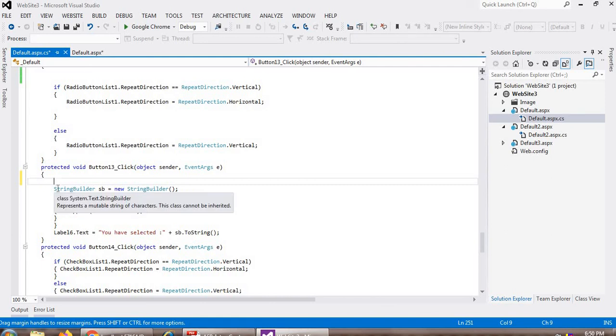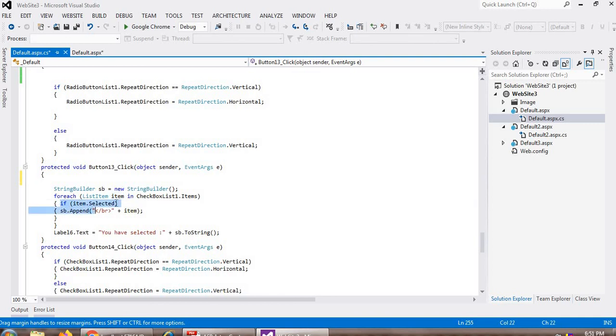So same thing over here, I am using a string builder class and creating an object of that class, and in a for each loop I check the list item, my object, in checkbox list one dot items, meaning how many items there are in the checkbox list. All items will be stored in the item object, and then which item is selected by you.